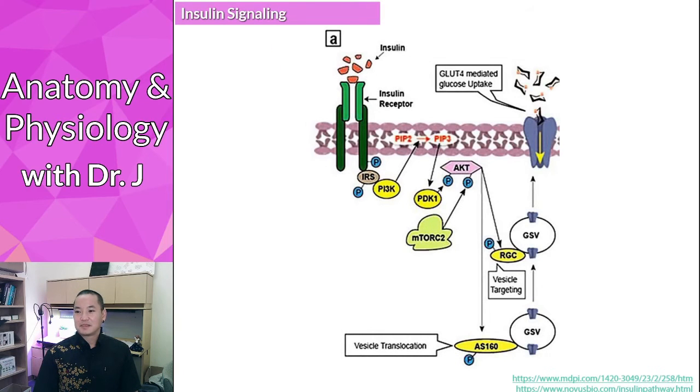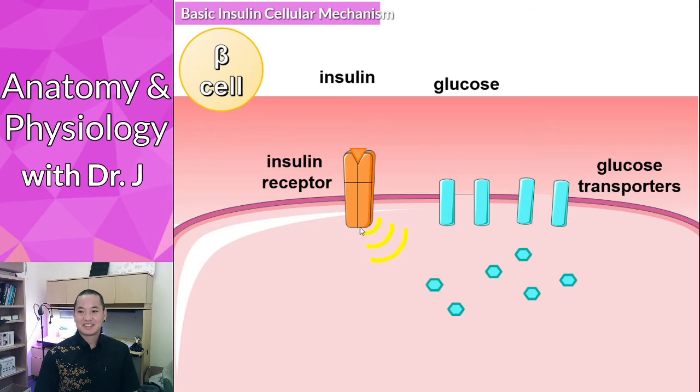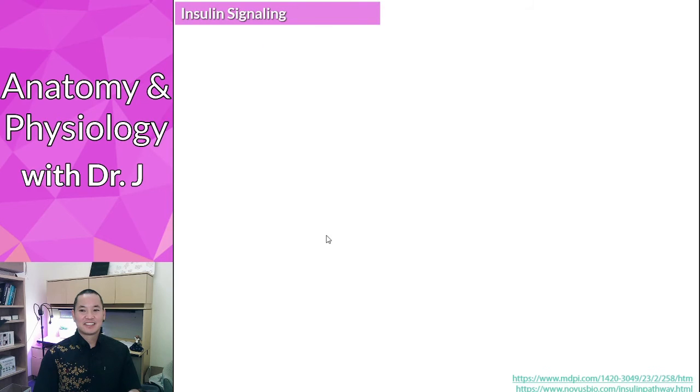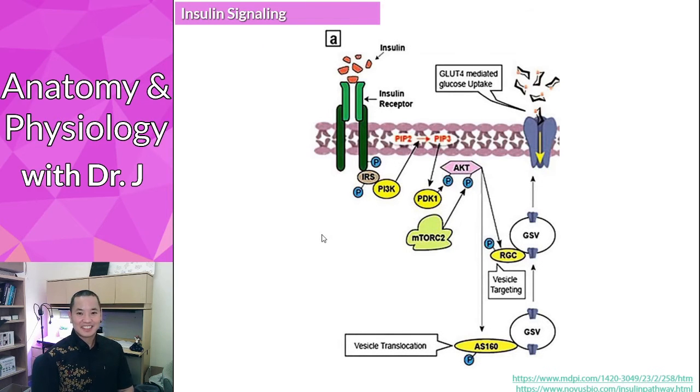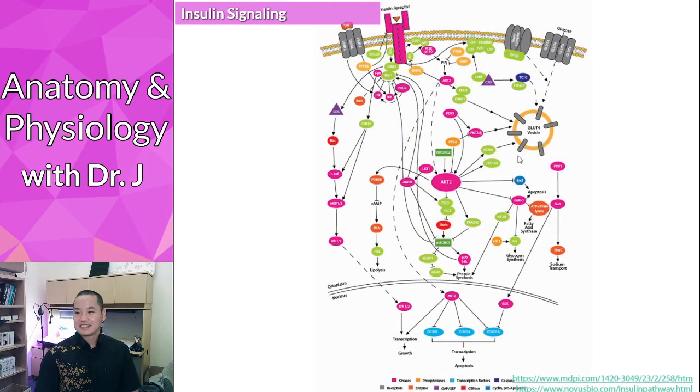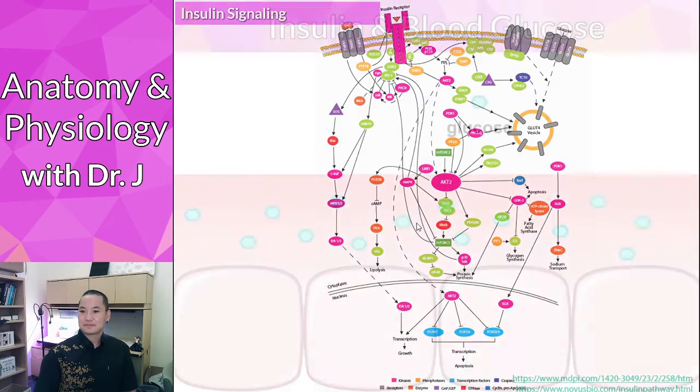Okay, and again, this is the more in-depth version. If that seems really complicated, that's the simplified version, and I want you to know this simplified version. If you're studying more of the cell and molecular biology, signal transduction, you're studying way too much, past the scope of this class. Actually, this is more the reality of insulin signaling. Insulin receptor, we still have our GLUT4, but if you're wondering what the signaling is, it involves all of these things right here. So it's not just a simple little signal. There are many things that lead to the transport of those GLUT4 vesicles.